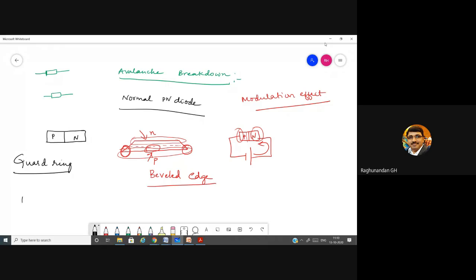So we are going to make the 3 layers instead of 2 layers. We are going to make 3 layers. We are going to consider 3 layers of the diode. So we are telling 2 layers will be there. Here there are 3 layers, but you will understand, even though it is 3 layers, it is a diode only. So what we are going to do is, we are going to